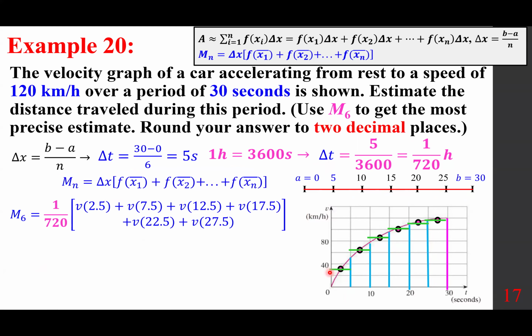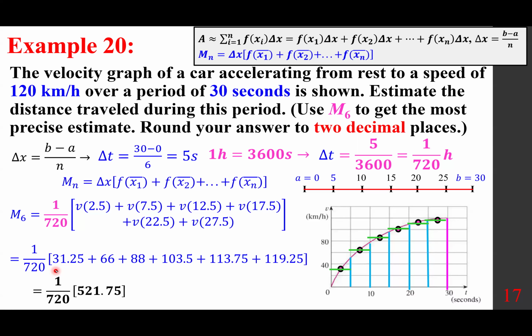You actually have to read this number. This is the height. Read this number, about 31.25. This one, you read this number, you read this number. You have to do the reading, and you end up with those numbers. Of course, for the exam, it will be more clear. 31.25, 66.88, 103.5, 113.75. Look at the last one. It's almost 120 because this one is very close to this. You see that? Again, you do your best at reading,